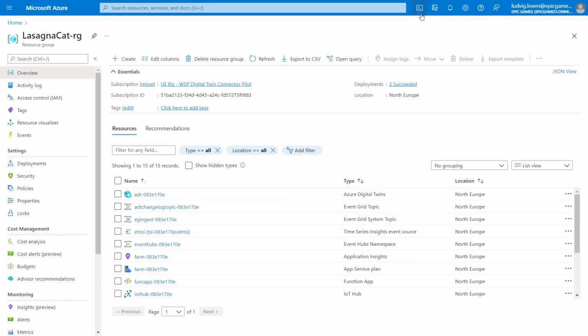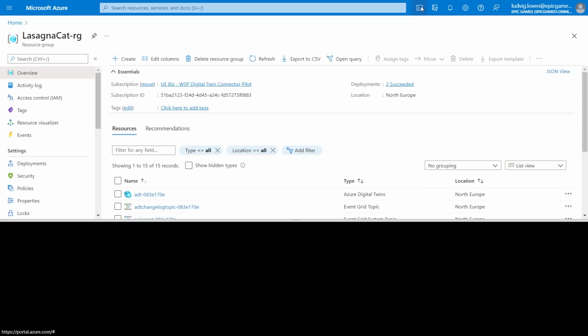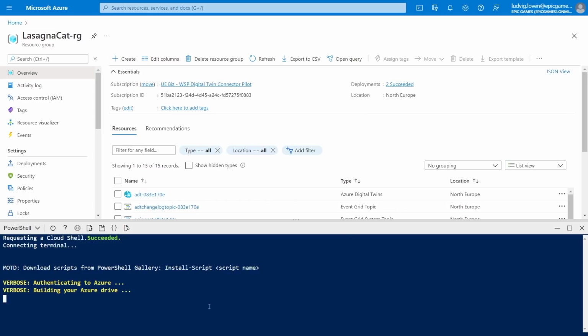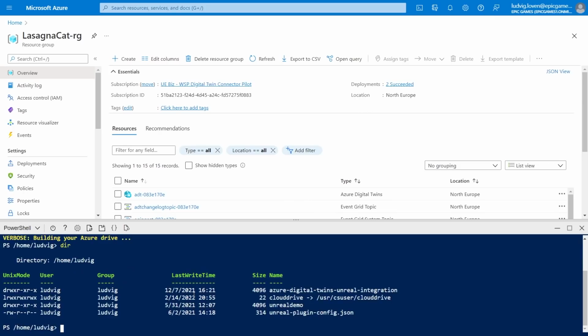And then you would use the Cloud Shell here to set everything up. And then you can use that to download the configuration files. They should be here somewhere. This one, and then the mock devices, that's also in another folder. But all that's in the documentation, how you would get those.